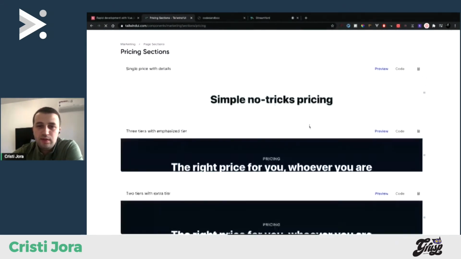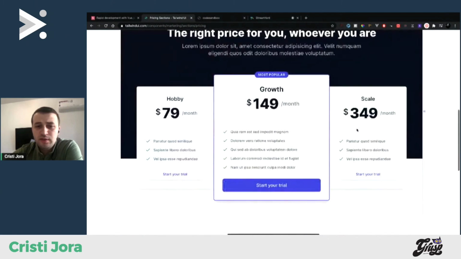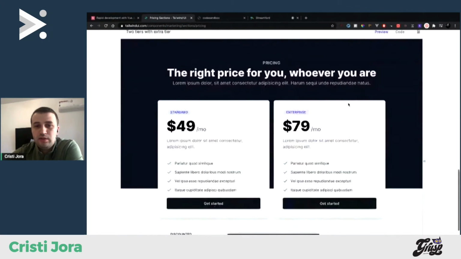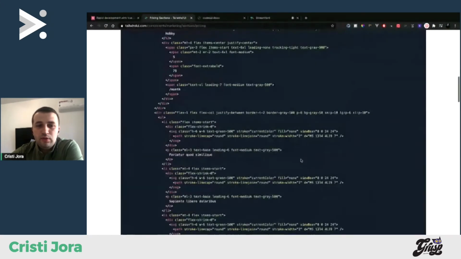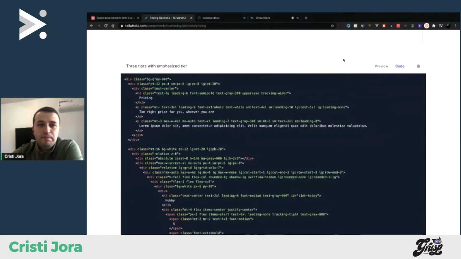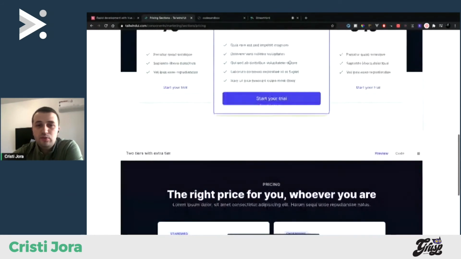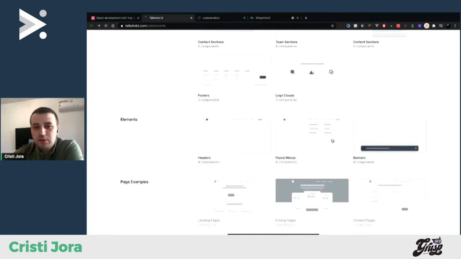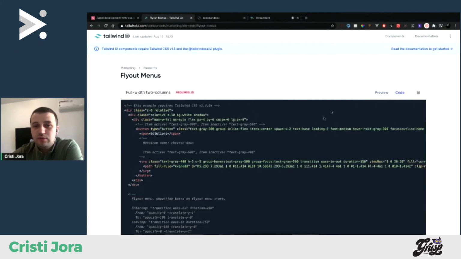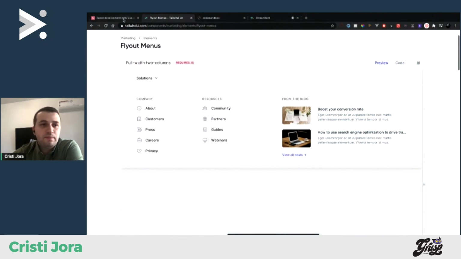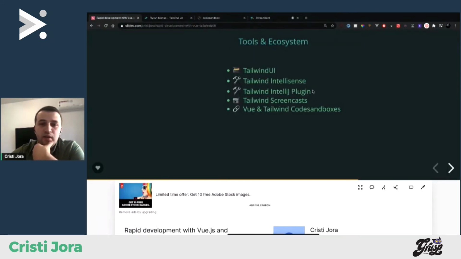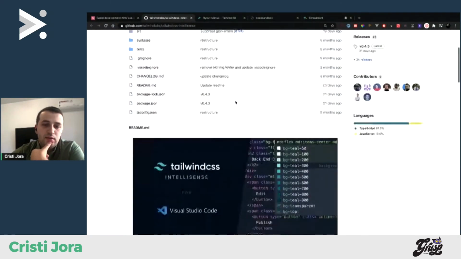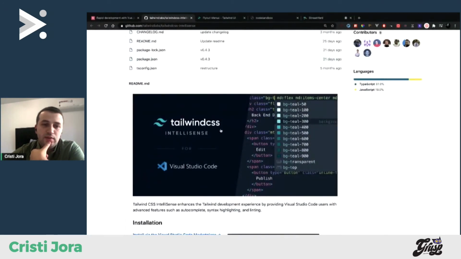So, for example, let's take these pricing sections. They're very well built with great design, and you have all the code built with Tailwind CSS right away. And you can use it to build prototypes, and not even prototypes, pretty much to achieve great results in very little time. All right. Then we have some extensions for IDEs, and one of them is an IntelliSense